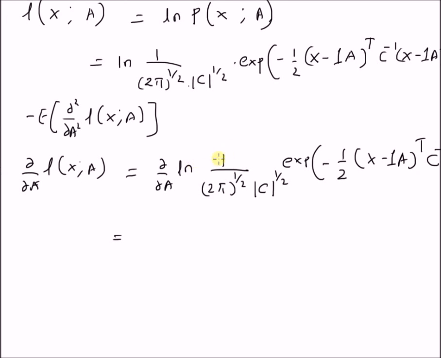The derivative of the logarithm of 1 over (2 pi)^(1/2) is clearly 0, and the derivative of the determinant of the covariance matrix is also 0. So we have the derivative of this exponent,